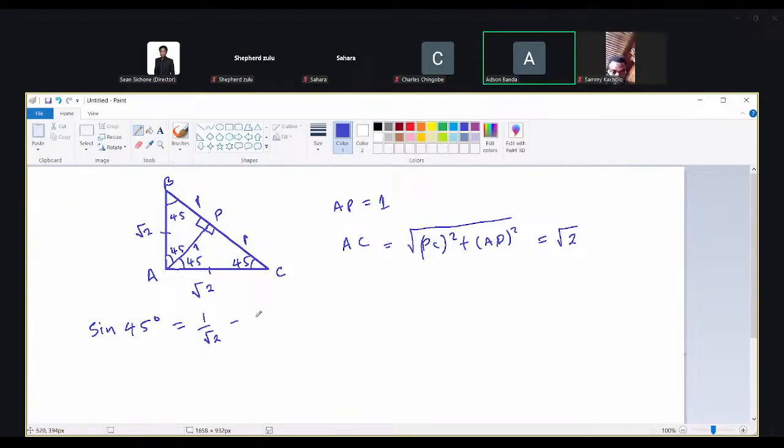Of course, we can write this as root 2 over 2. And then the cosine of 45 degrees,